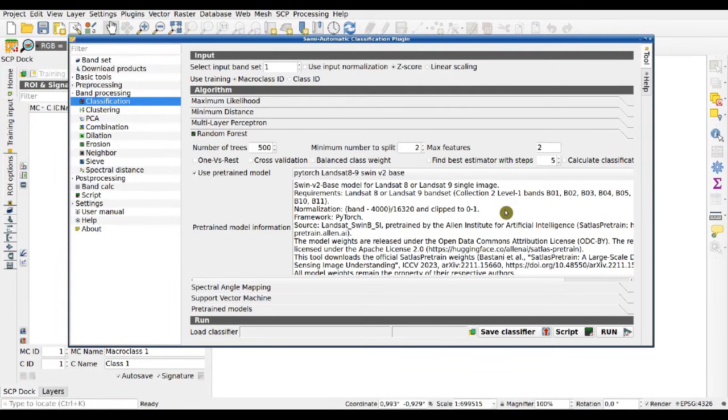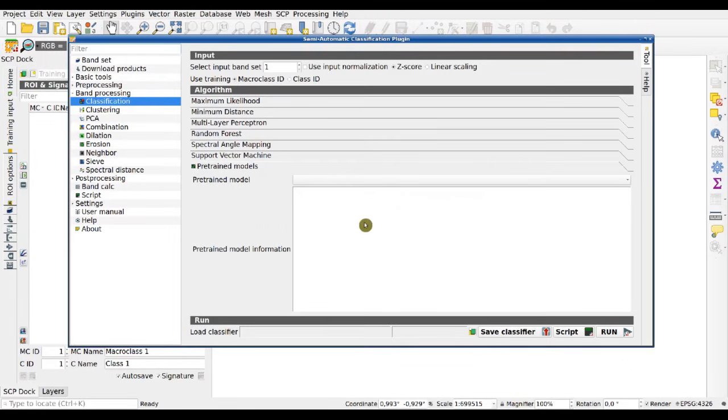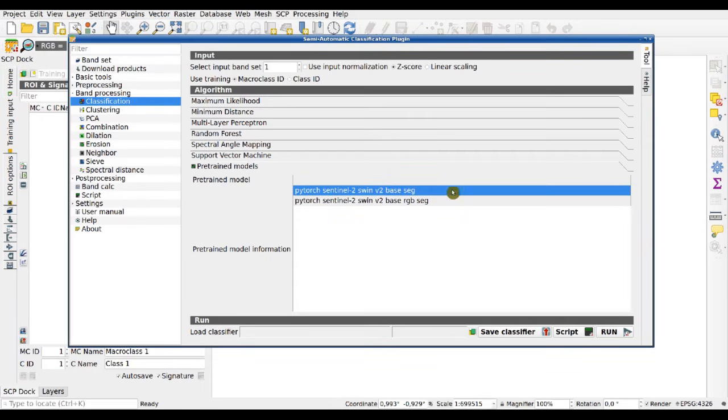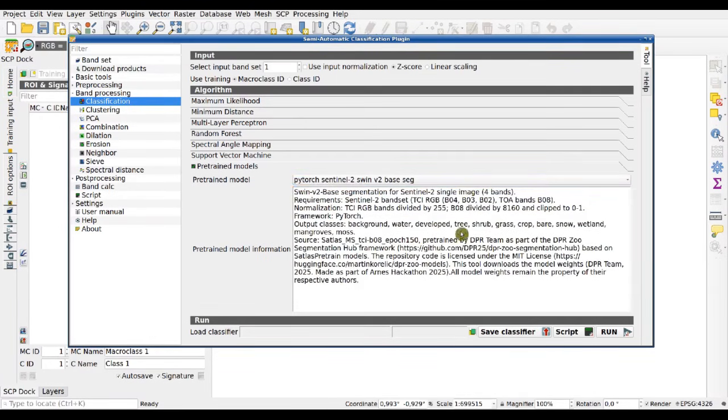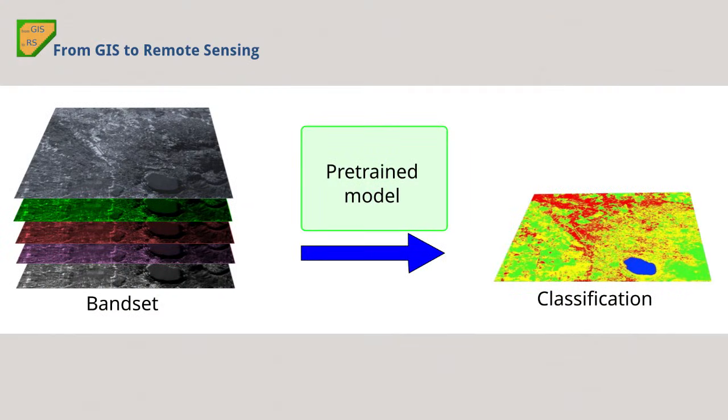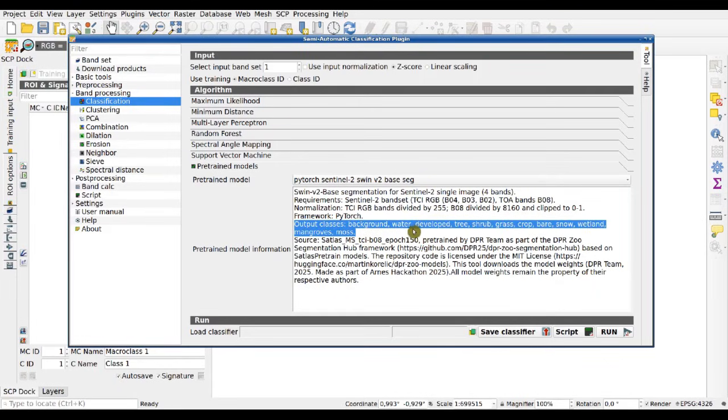But we also have another kind of pre-trained models, which are here. From pre-trained model, we can select one of these available pre-trained models. These are available for Sentinel-2 bands and require PyTorch installation, that are based on the SATLAS models, but are developed by the DPR team. And basically, these pre-trained models are automatic classifications. So selecting one of these models, we can classify a Sentinel-2 image with these output classes, as you can see here: water, developed, tree, shrub, and so on. So this is very useful to create automatically a land cover